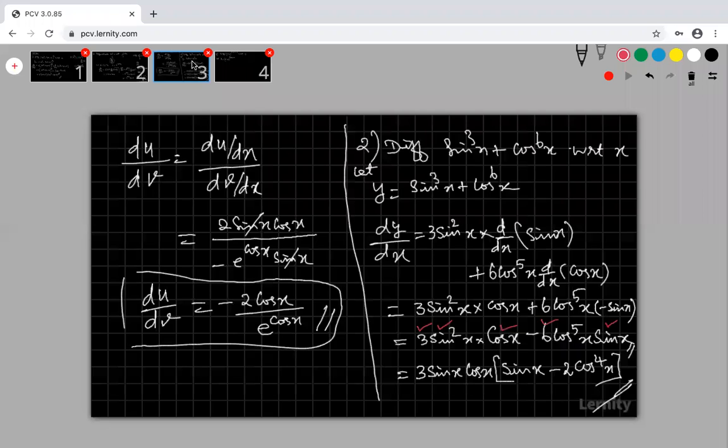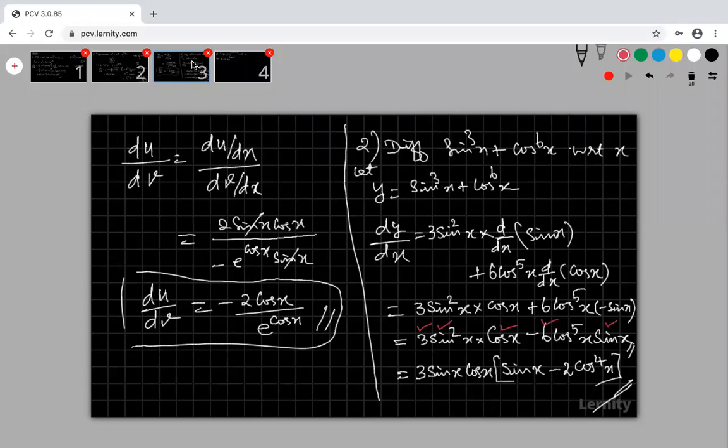Why are we taking log on both sides? Because look at that, the power is a function of x. If the power is a function of x or y, this is an exponential function, and we have to take log on both sides. Then only we can differentiate, then only we can apply the derivative formula. So we take log on both sides and then differentiate. That means we are applying logarithmic differentiation, which means first taking log on both sides and then differentiating. What is the answer?